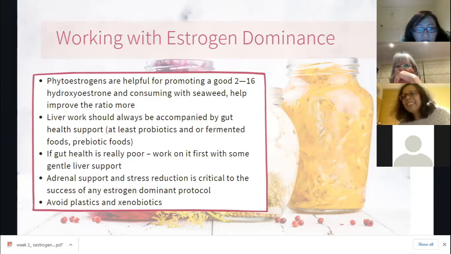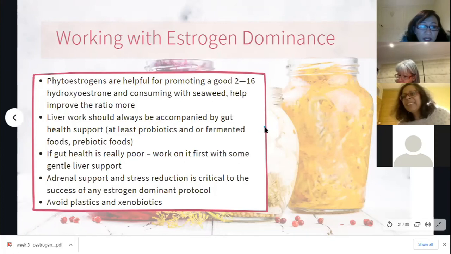You want to turn these into a medicine, a food-based protocol, not just rely on supplements and pills, but to be able to eat and drink and consume these things. Then it becomes part of your lifestyle rather than just another fad diet that you do for 6 months to sort your gut and your liver. You want to do it for life. That's really the idea of everything we're doing here: we're trying to create lifetime good habits.